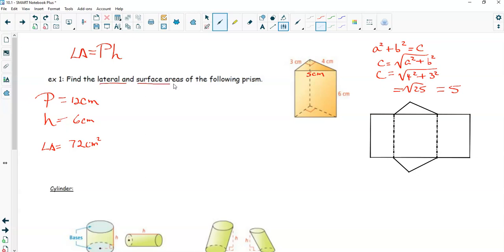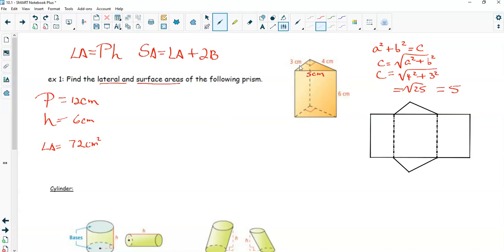Then I'm looking for the surface area. Well, the surface area is the lateral area plus twice the area of the base. The reason is that you have two bases. See that? You have two bases. Notice I put the net of it right over here so that we see why this is happening. But let me work it for you, and we'll figure this one out, and I'll show you why it happens,